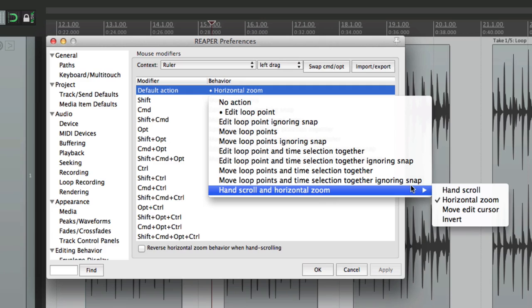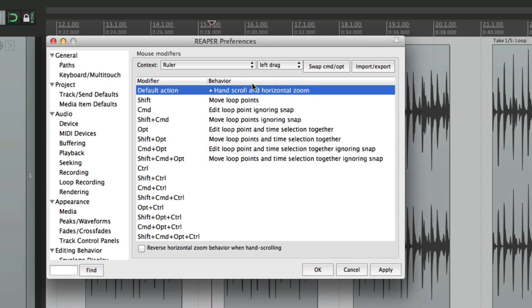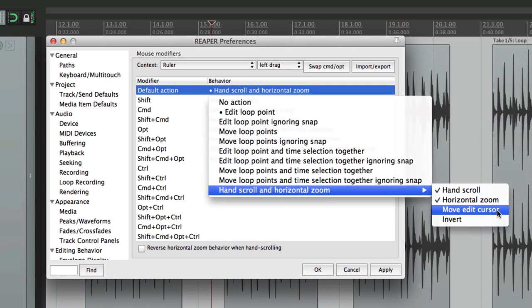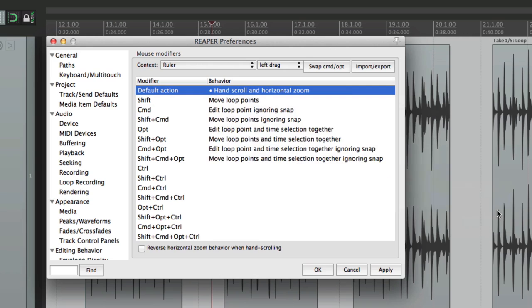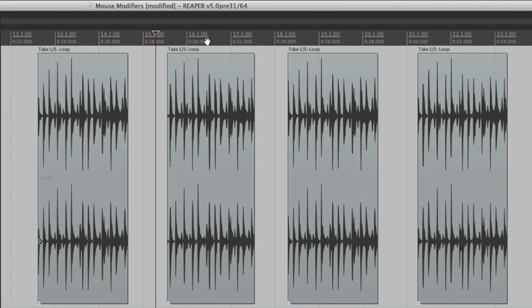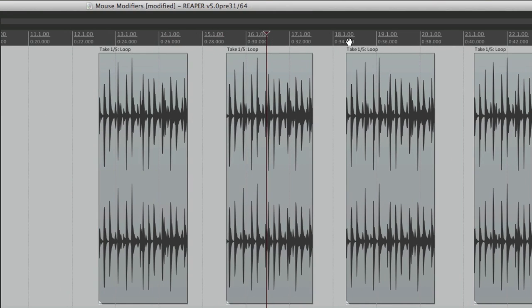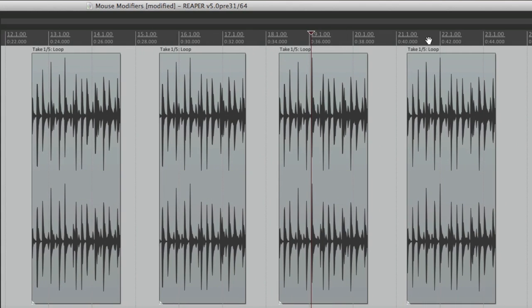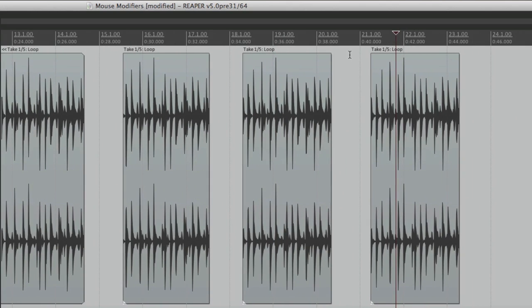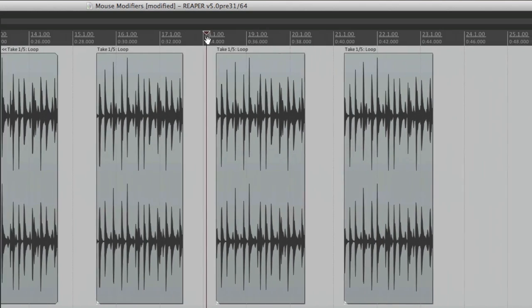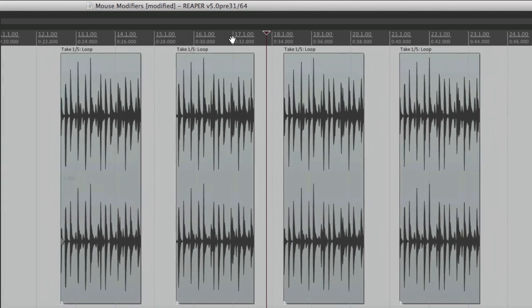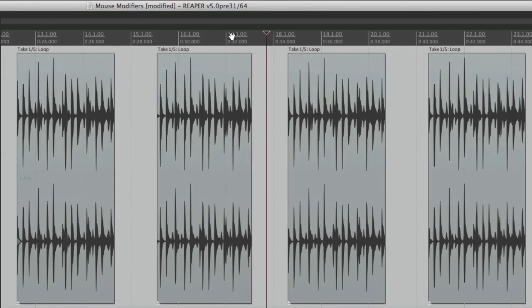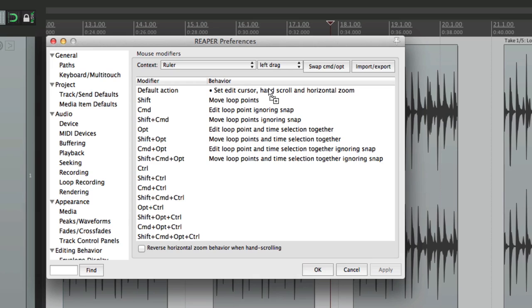And in addition to these two, it can also move the edit cursor. So when we drag it, the edit cursor moves to where we grabbed, over here, but it still will hand scroll and horizontally zoom. So that's the left drag. Let's put this back,